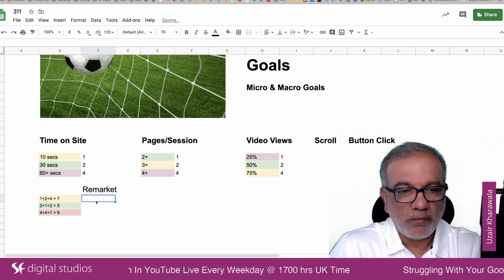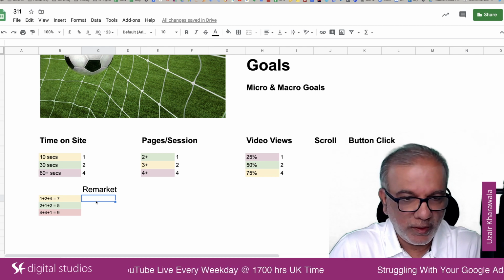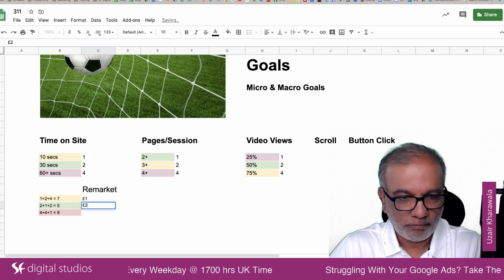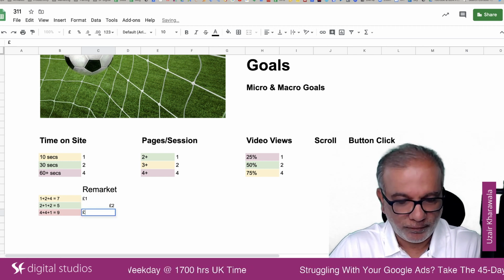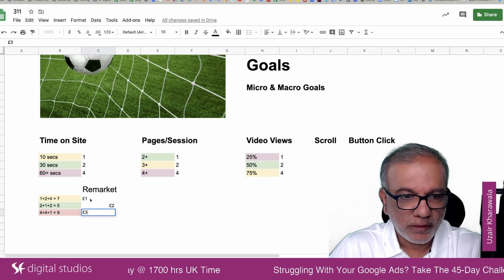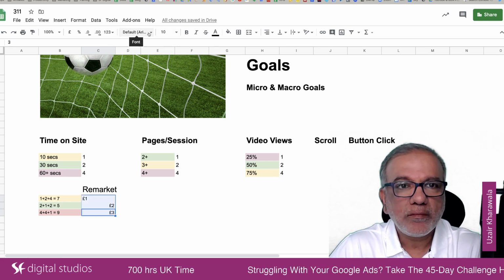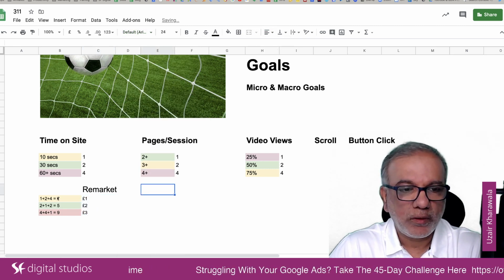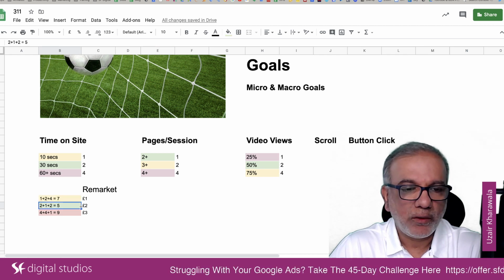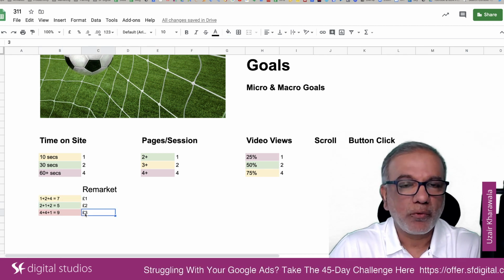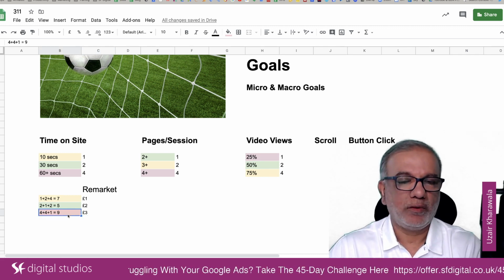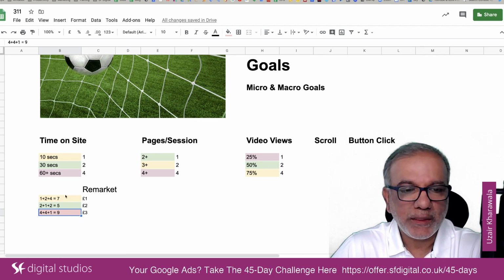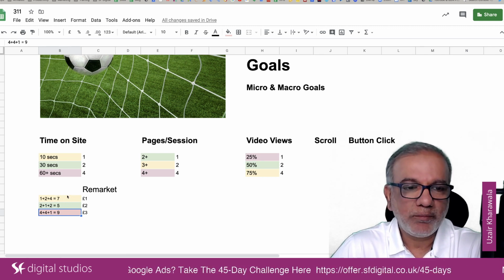Okay. So if I were to remarket to this audience, let's keep it simple. This is how I would do that. I will bid the least amount for the least engaged, then increase the bid for this lot, and then I'm going to bid the most aggressively for this lot. So you don't waste your money and budget on the least engaged, but still they are engaged,